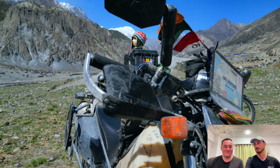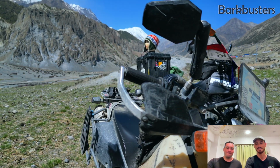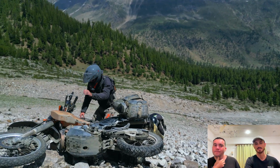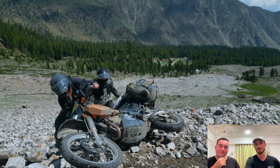Barkbusters. So this could probably be higher up. This has got to be something if you're going off-road, you just got to have these. There's no question about it. Not only do they protect your hands while you're riding off-road, but they also protect your levers. If you don't have these on your bike, you're going to be constantly breaking, bending, or snapping these levers, and